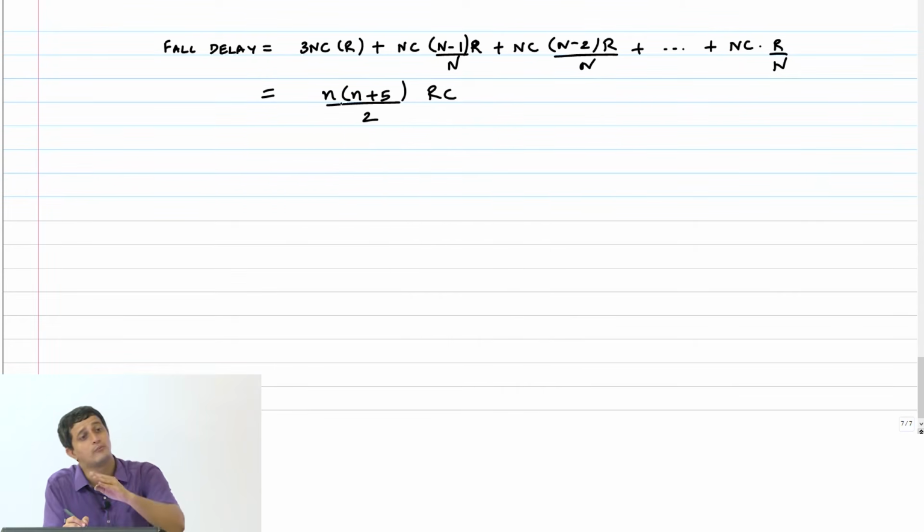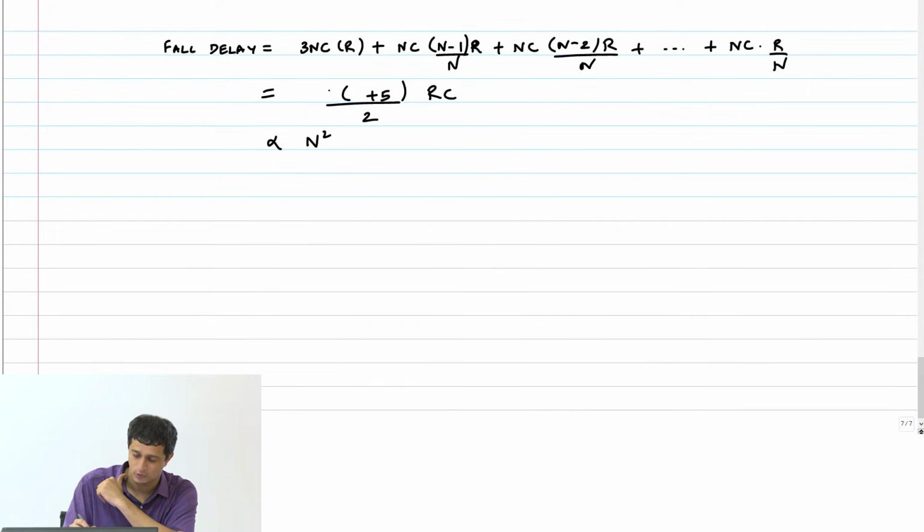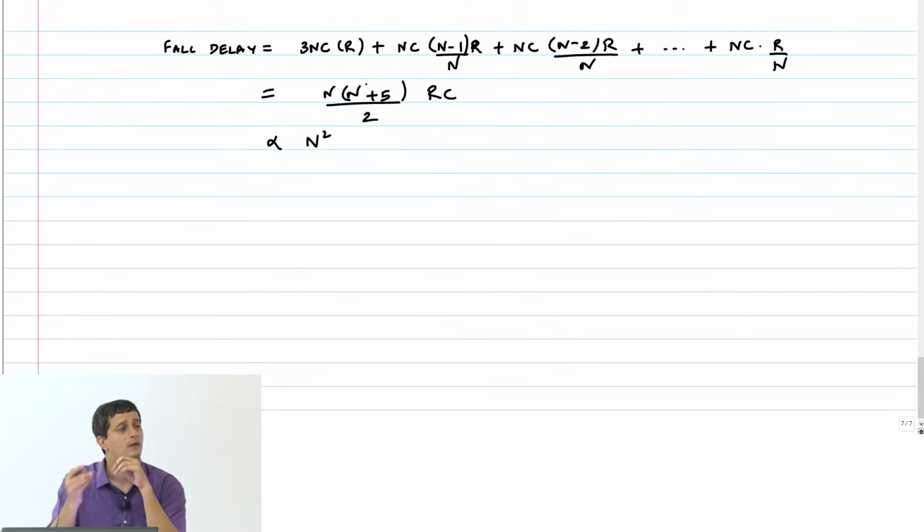That is what will form the load capacitance from the next gate. These are all just diffusion capacitances from its own layout, and that grows as N square. Okay, or maybe I should say N square, but I used N. Delay grows as N square,